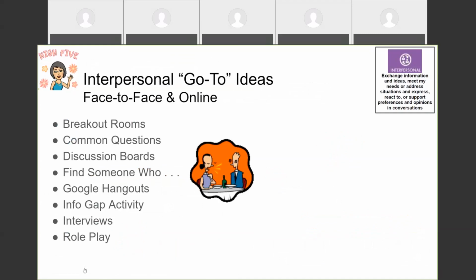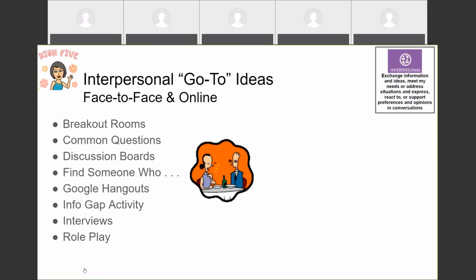I know many of us are going to be in some kind of virtual environment, at least for part of next year. Breakout rooms will be very helpful for that, to be able to put students in small groups to have discussions and exchanges. Of course, just like in the classroom, they will need scaffolds and supports for doing that, and for what they're supposed to be doing in that breakout room. Providing, again, those common questions.